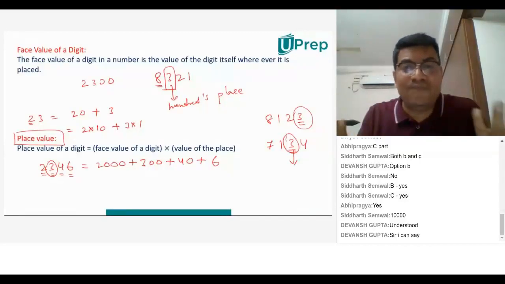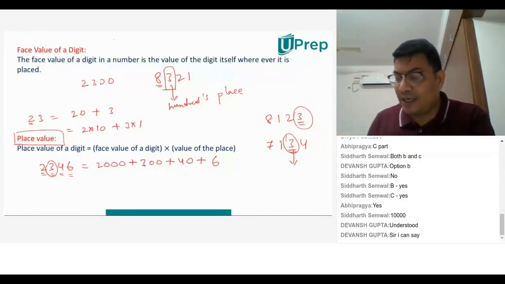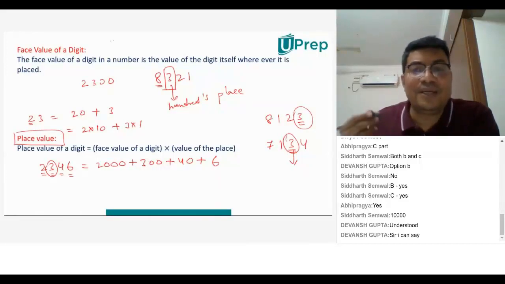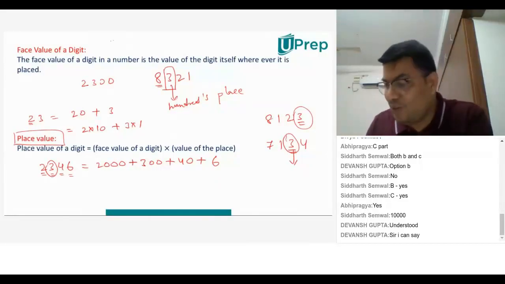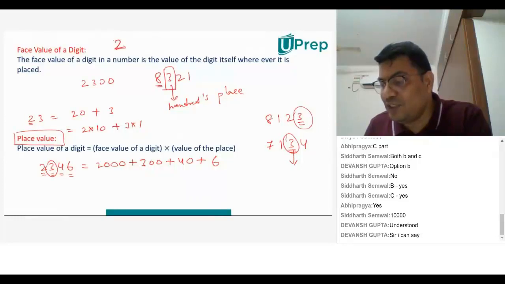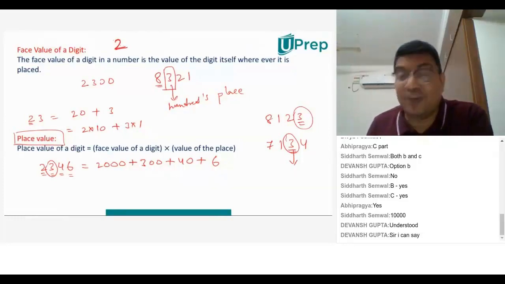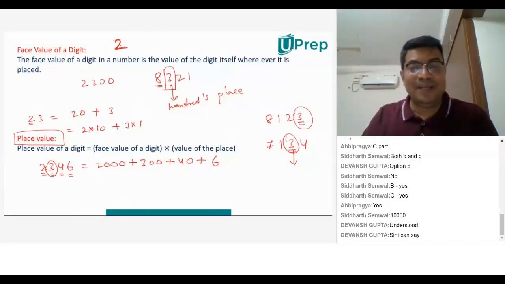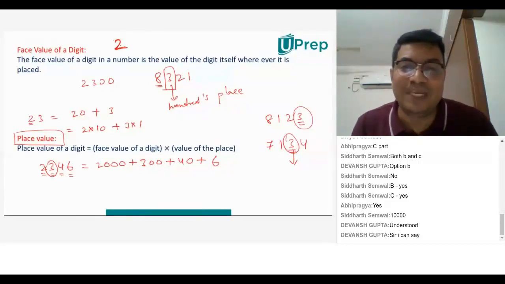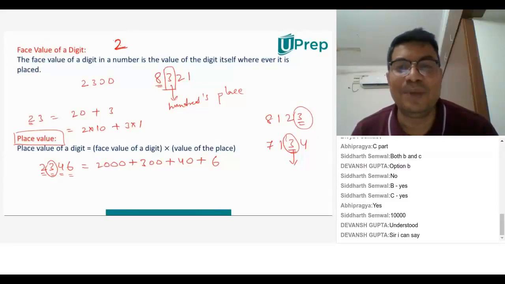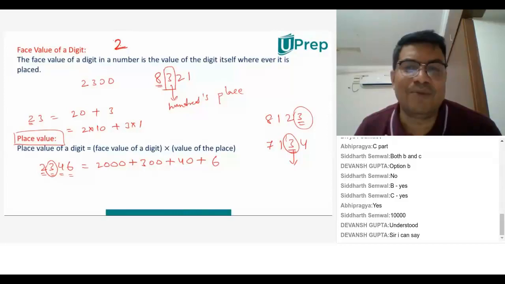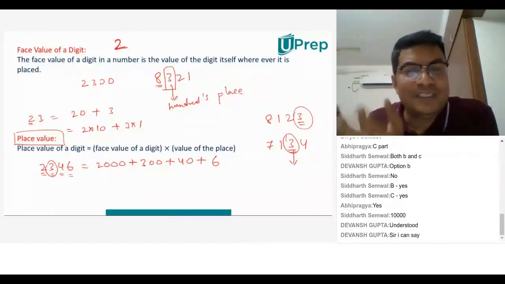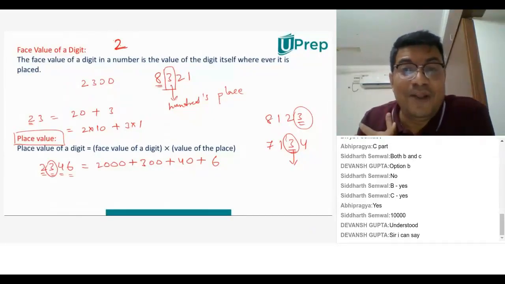If it is 2, it will be the same face, whether you write it in India, in the US, or anywhere in the world. That is the face value. I'll give you another very simple example to remember this. What is your name? Say my name is Krishna. Krishna will remain; I look like this wherever I am. But my value changes depending on my position.